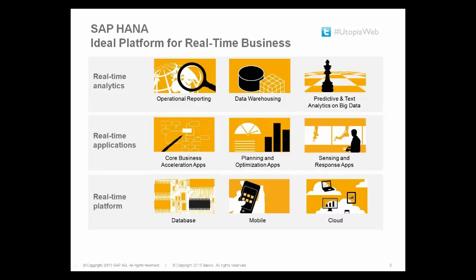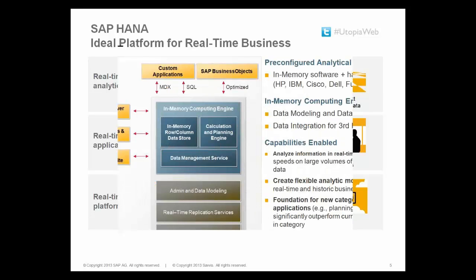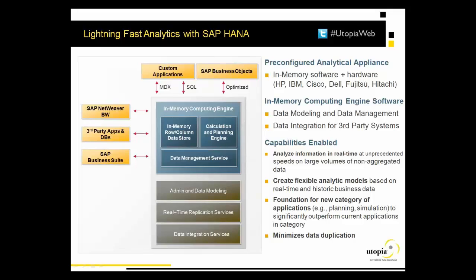So that gets to what is SAP HANA. It has to do with three of these horizontals here: real-time analytics, real-time applications, real-time platform. And inside of those three horizontals, you've got such things as data warehousing, sensing and response applications, certainly databases, and if you delve into that a bit further, SAP HANA runs on a real-time platform, an in-memory platform,